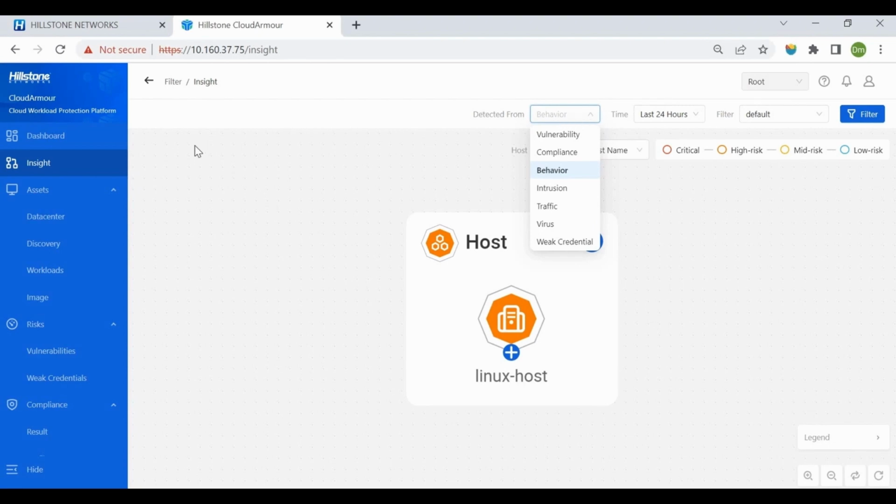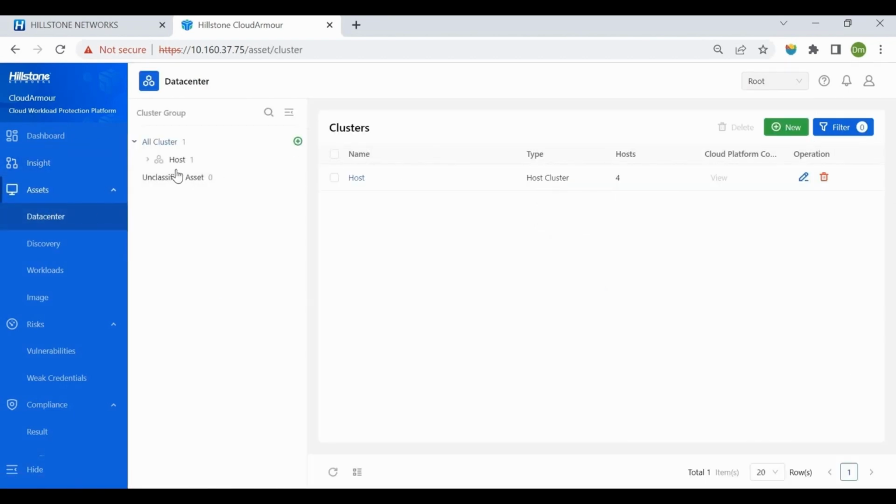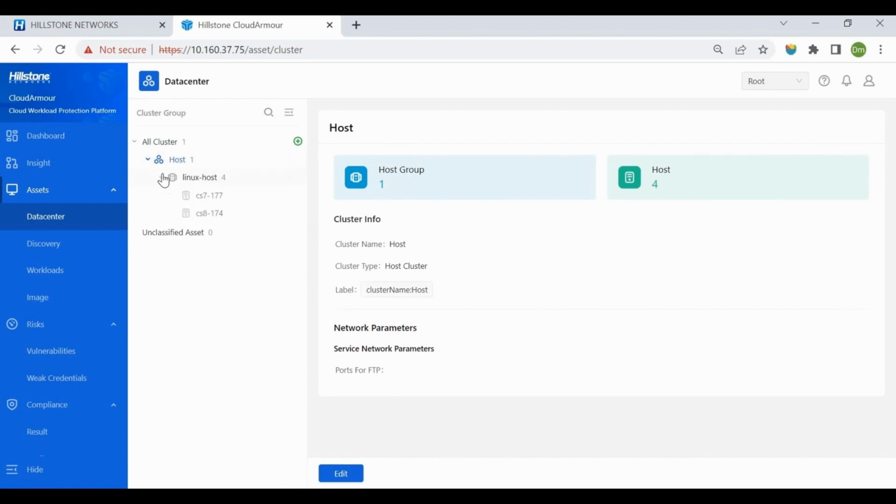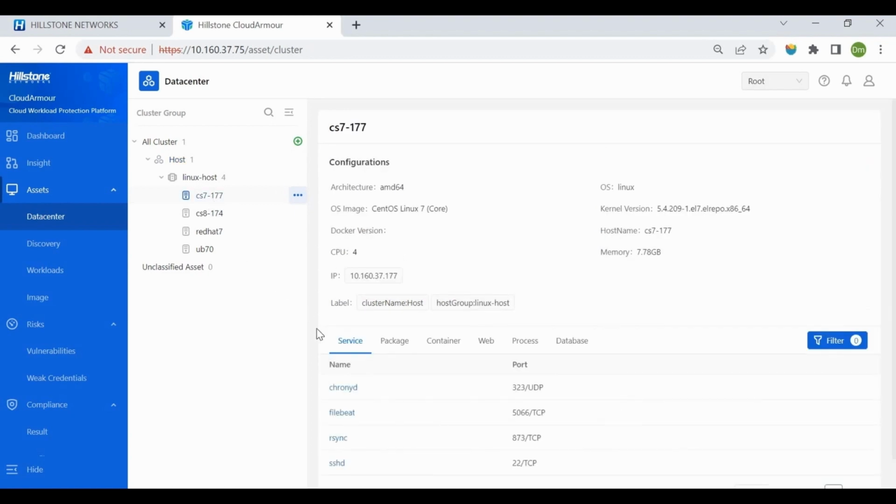Then let's explore CloudArmour's asset management. In the data center, you can see all your clusters as well as the hosts and containers inside them. You can define new clusters here. You can also click on them to see more details, such as what services they are running and what packages